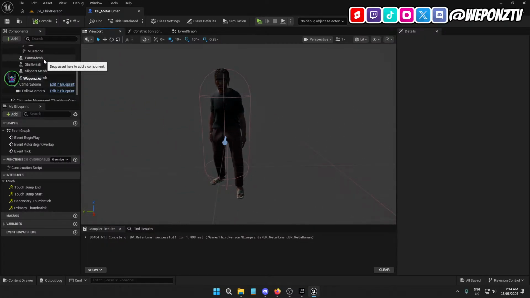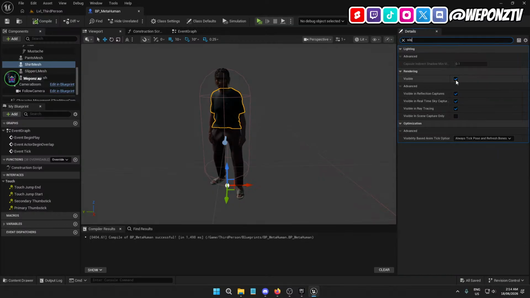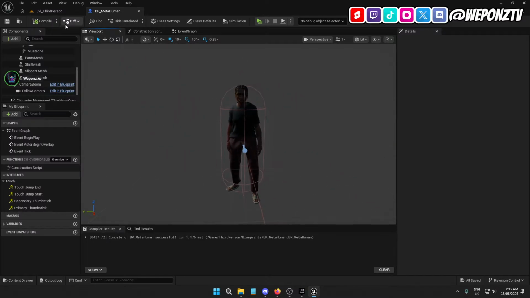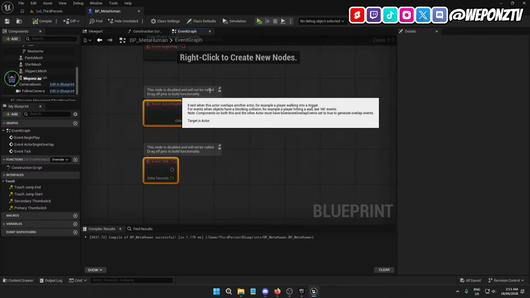So now theoretically, we can go like this and go to Viz. We can hide it and all that type of stuff. But say we wanted to just have the shirt off, we could have a mask where it's just doing the pants and everything else is shown. But we don't want to be doing that type of stuff. What we want to do is work out some modular logic. So what we should be doing here, actually,